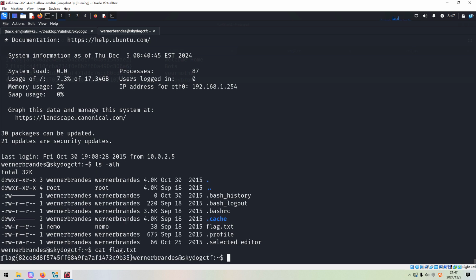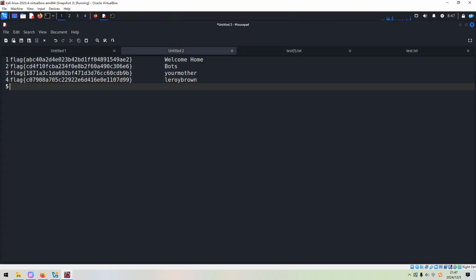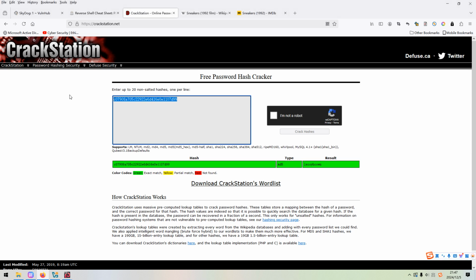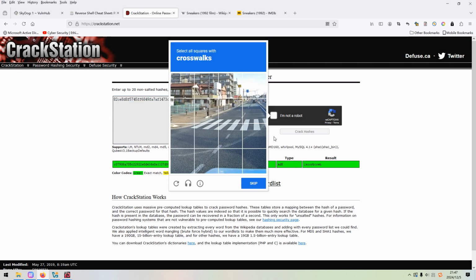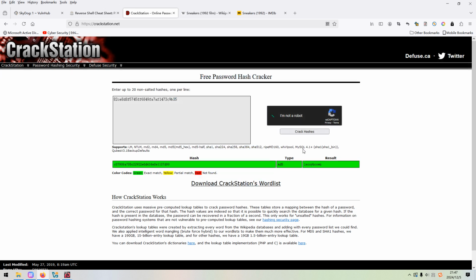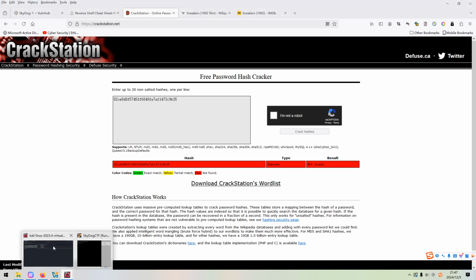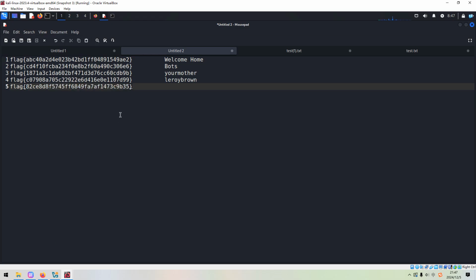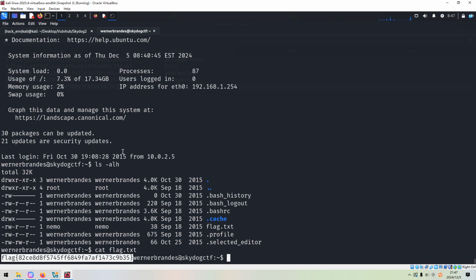Maybe we can copy the flag first and paste to our notebook. As before, we need to decrypt this hash value. Oh, crosswalks. Verify. Not found. I think it's okay. It's fine. So next, what are we going to do next?